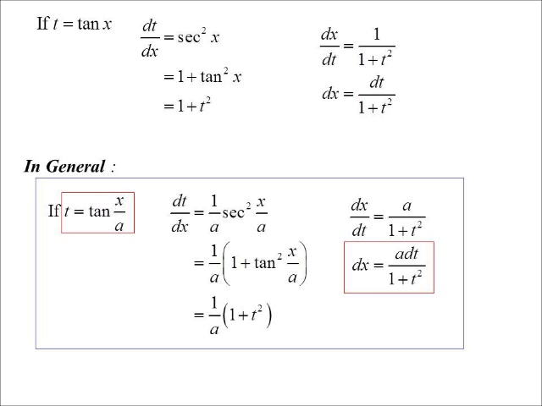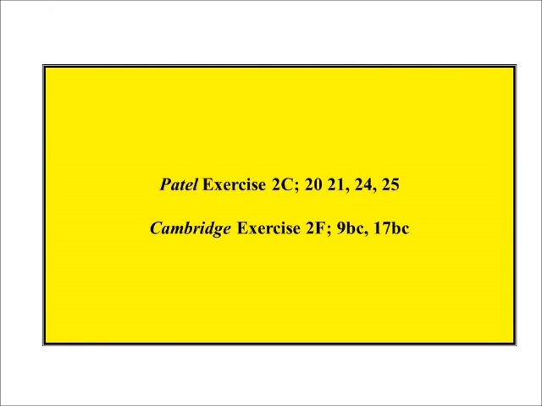So if it was sine, I don't know, 10x, we could let t equal tan 5x. And then if it was tan 5x, then a would be 1/5, of course. And I'd end up with dt on 5 times 1 plus t squared. Right, so the a matches whatever x is divided by in our substitution. That's what will be on top of the derivative. Okay, that's it. That one was just a quick little one to